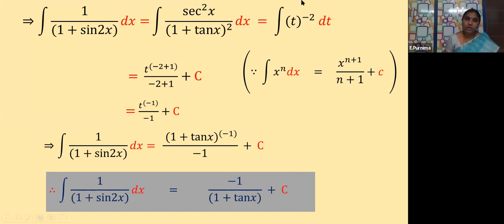So understood, children? This is another interesting sum. This sum is important. So always remember, children, whenever in any other sums also, when you are trying to solve, if you find some standard tips we tell, yes or not? If you find 1 plus cos 2x, how do you write that? 2 cos square x. If you find 1 minus cos 2x, what do you write? 2 sin square x. Similarly, if you find 1 plus sin 2x term anywhere, what we do usually is this 1 is replaced as sin square x plus cos square x, and the sin 2x is 2 sin x cos x. So that should be remembered, children. Wherever you find this kind of term, the sum should be solved like this only.